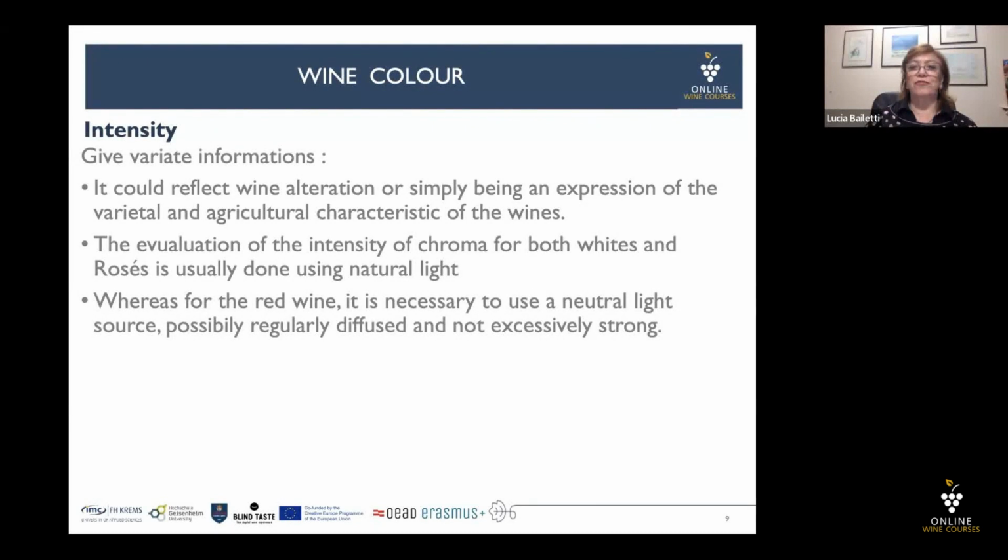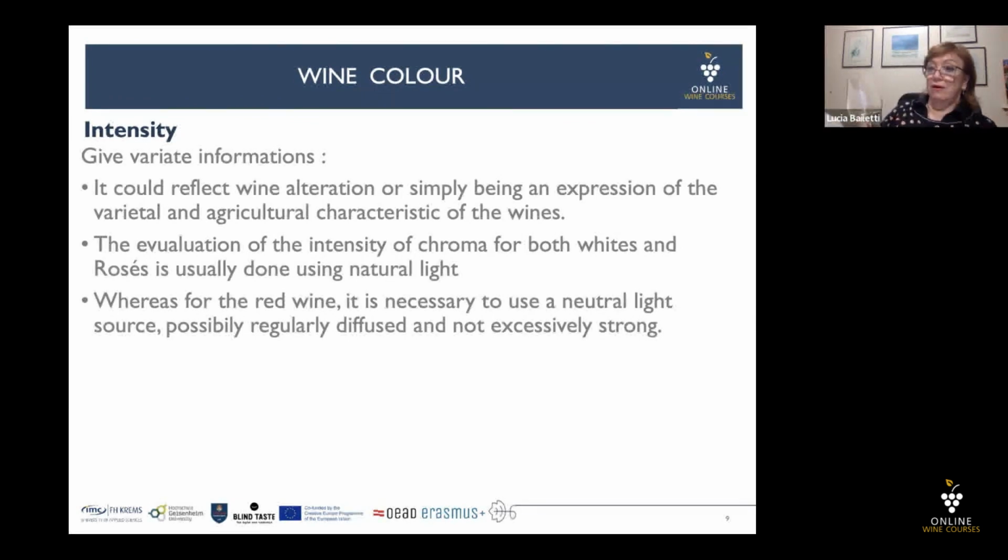The evaluation of the intensity of chroma for both whites and rosés is usually done using natural white light. We don't have natural light at this moment, so I suggest you use a white paper to evaluate the chroma of a white wine. You put a white paper